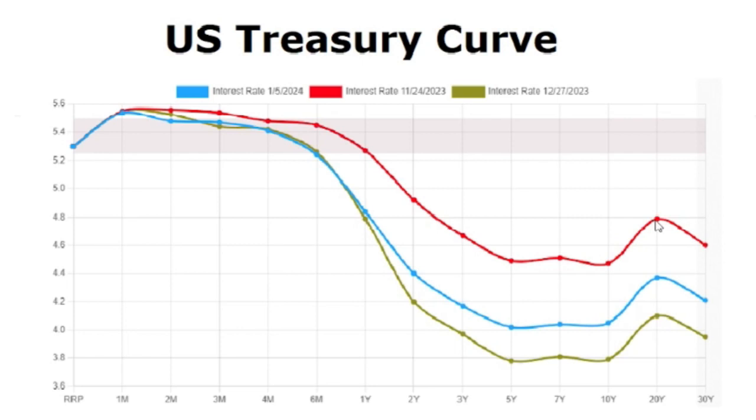So we had higher yields here. We had a lot, we've very obviously come down, right? Well, we've rebounded. So the red is November 24th. Then we have December the 27th. This was sort of a low that we put in for yields back here from the 5-year to the 30-year. Now we've come up just a little bit.